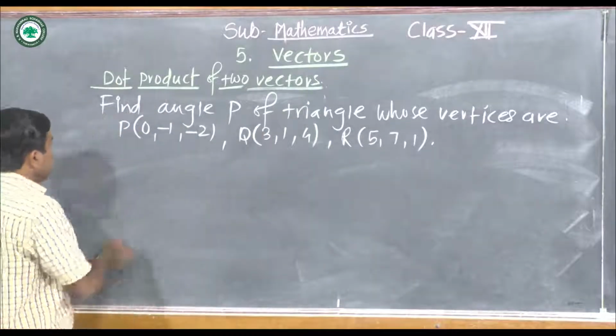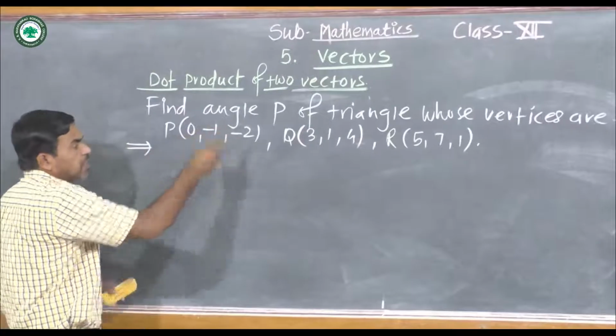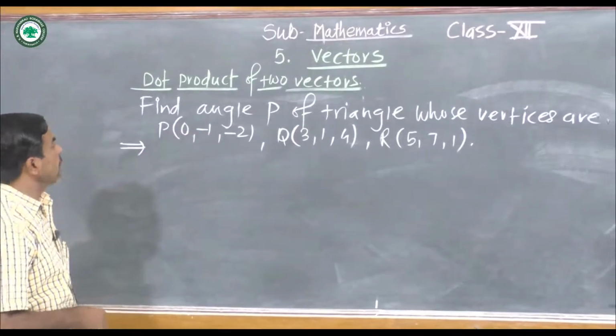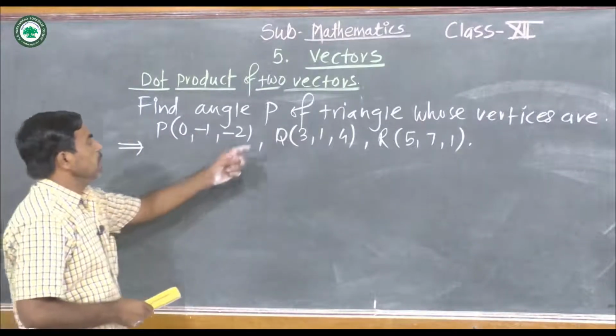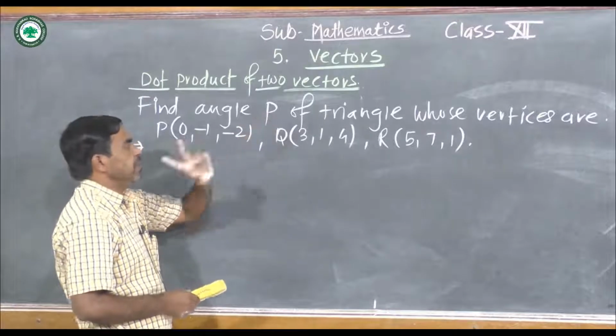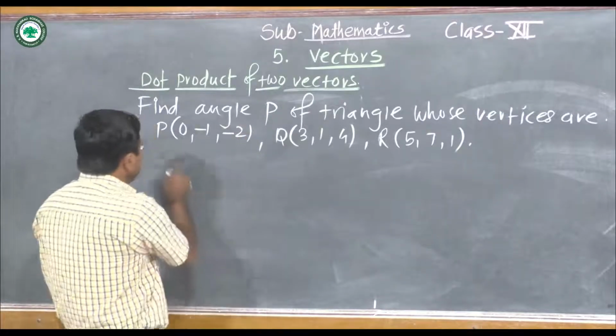So here these 3 points are vertices of a triangle and we have to find out the measure of the angle P. So we see,